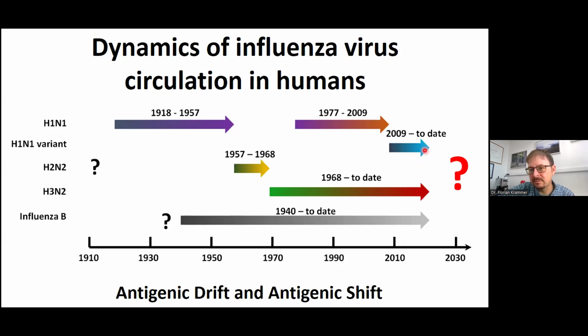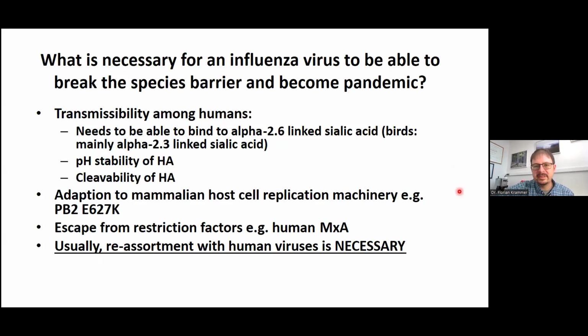We have now H5N1 circulating and changing all the time, H3N2, and then also influenza B. And we have no clue what the next subtype will be that causes a pandemic. When we think about viruses that can cause pandemics, that can jump from animals into humans and start a new pandemic, we have to think about what these viruses need in order to break the species barrier and become human-to-human transmissible, right? First, again, transmissibility among humans is important because if the virus can spread among humans, it can cause